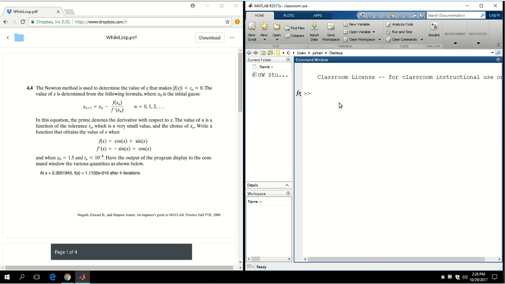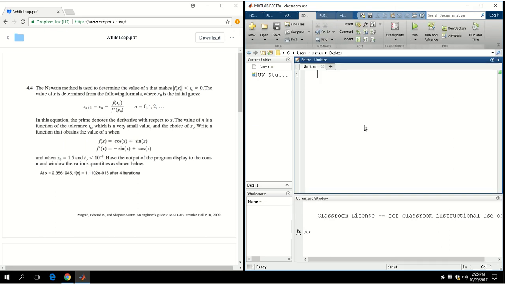So now let's write a script first. Later on, we're gonna convert that into a function, right? Once we have learned something about function handles, we can turn this thing into a function. But for now, let's just write a script, right? So I'm gonna do a new script. Say, Newton's method for finding the root of a function,